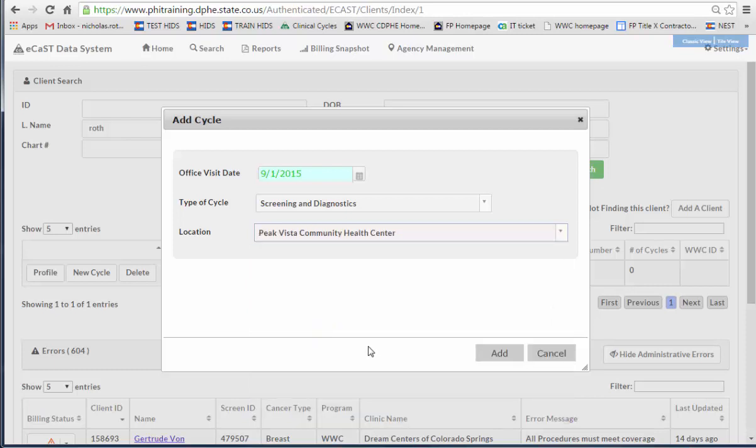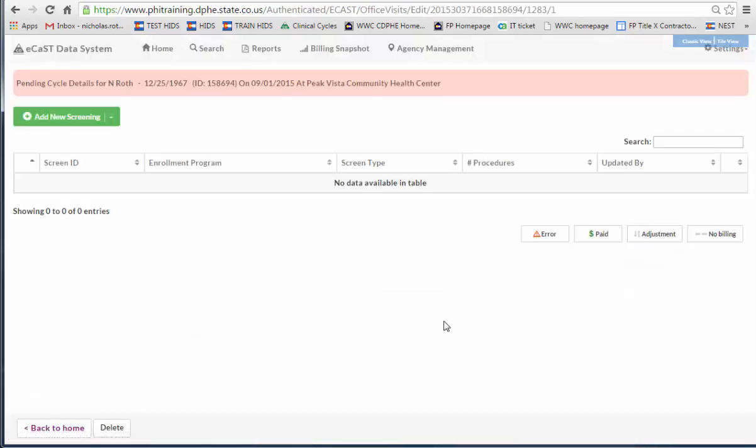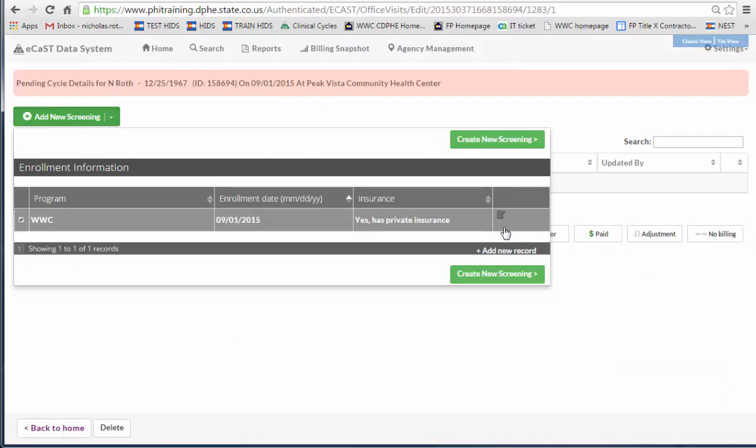I'm specifically using this agency because I know this will work. It's a training environment, completely de-identified, so no personal information in this demonstration. So we're going to click Add just to start a new cycle. And what I want to show you in that enrollment section